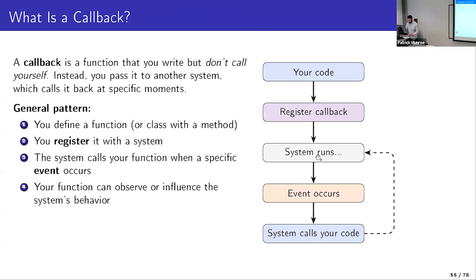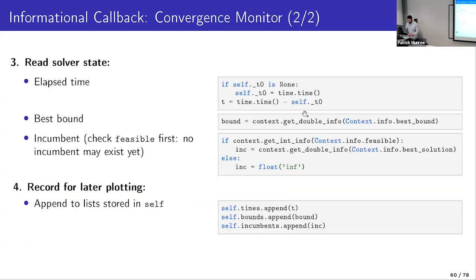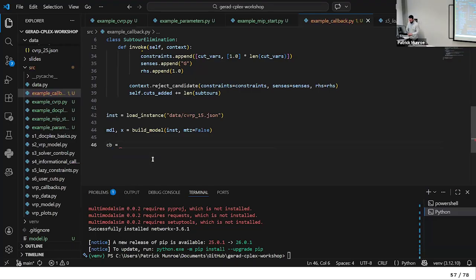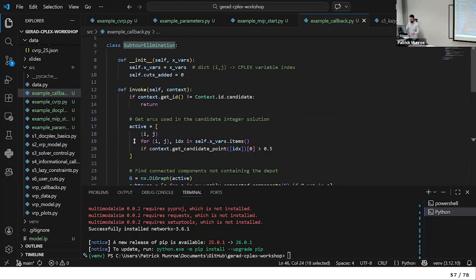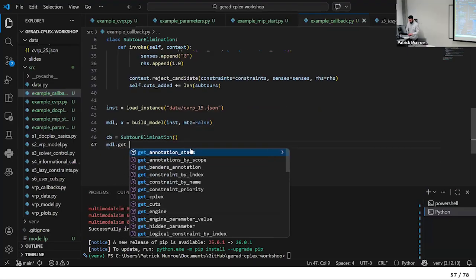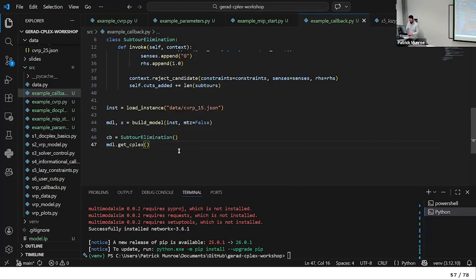So if you remember, the general workflow of callback is to call the function to create a callback, then to call the function set callback, which is a CPLEX function. So we have to get CPLEX. That's also a function that doesn't come directly from the docplex API. So let's create this callback. We create an object as you would create any Python object. Then we use model get CPLEX to get access to the function that